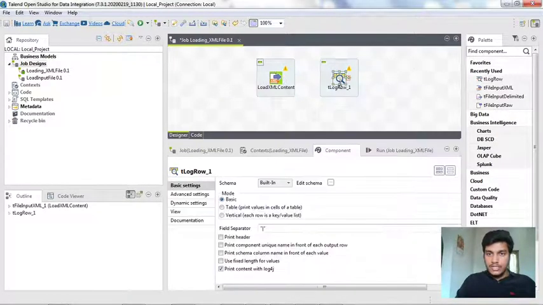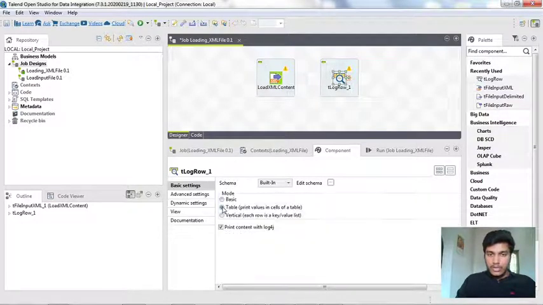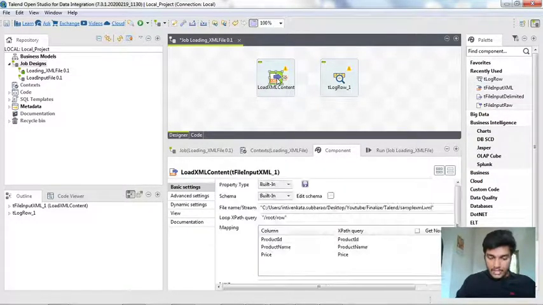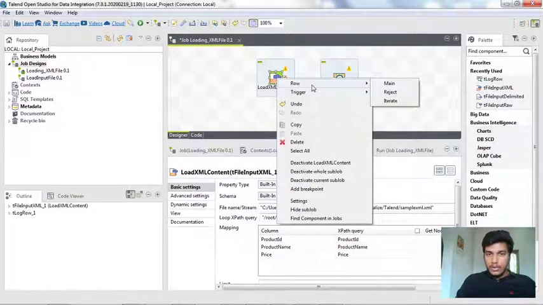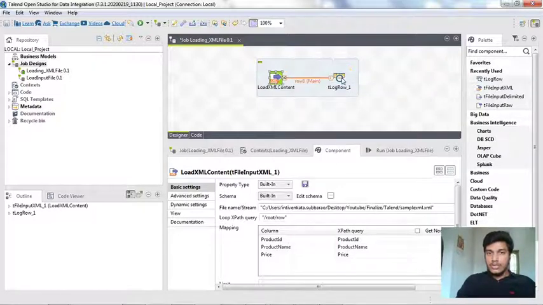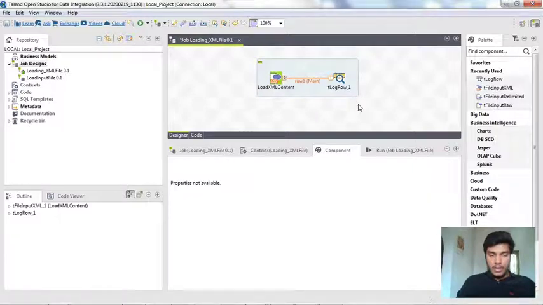So I am inserting the tLogRow component and changing the mode to table. Then I right-click on the load XML content component row and click on main, which will carry the data to the other component. I am connecting it to the next component, and automatically the error warning message gets removed. I am good to go.